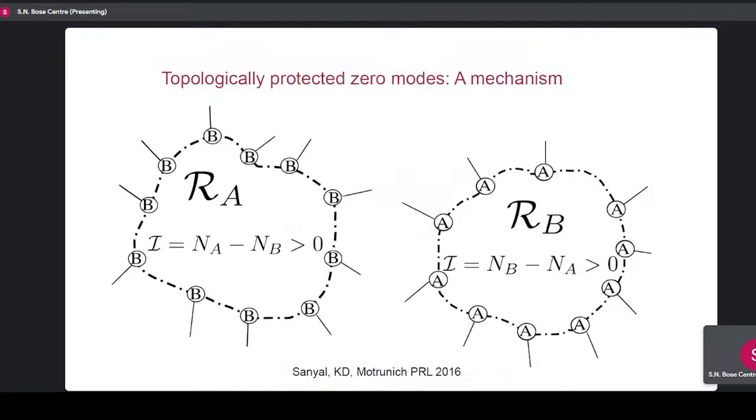Right? If you had such a region, it's very easy to see that you can construct a zero energy wave function that lives entirely on the majority side. So there's N_A degrees of freedom, and it does not live on any of the majority sites outside or the B sites outside. It only lives inside and only on the majority sublattice.